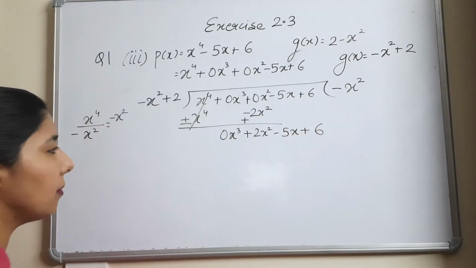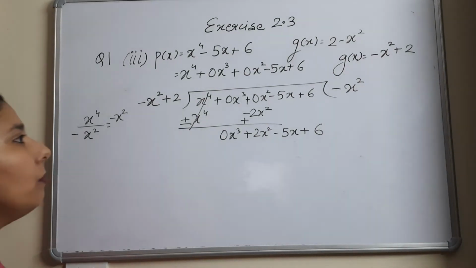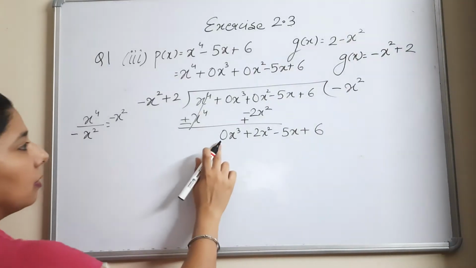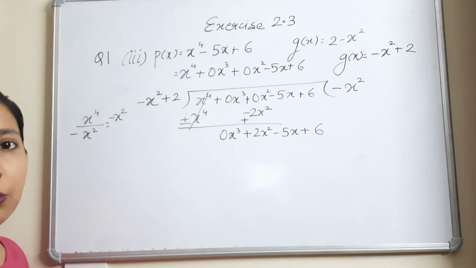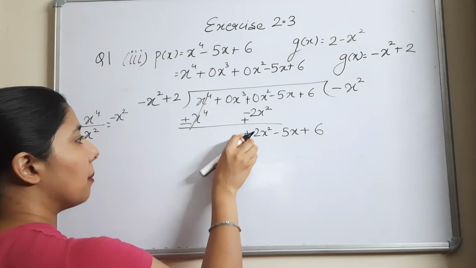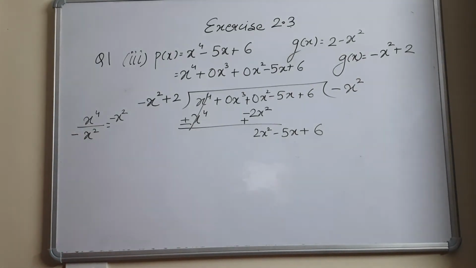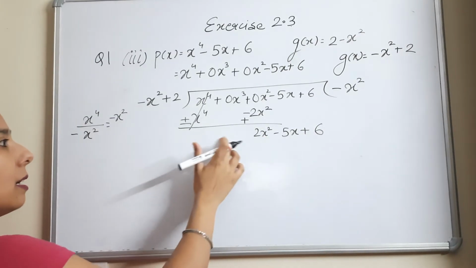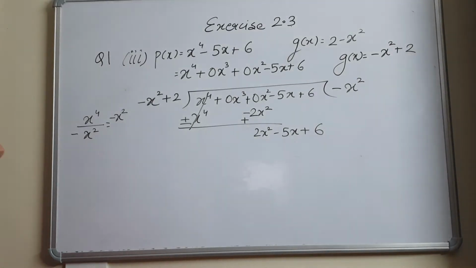So now calculate the second term of q(x). Now we will focus on this, so this is 0 here, the first term is 0. So what you can do, you can simply skip writing this term. If the first term comes out to be 0, you can skip that term. If the 0 is in between the terms, you should write it. If the 0 is at the first position, then you can skip.